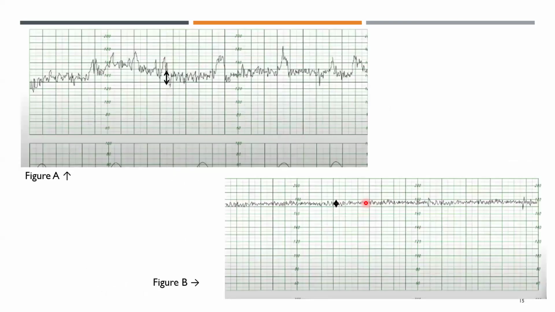These are another two graphs to show what the difference looks like. If you can see in figure A, we can clearly see there's quite a lot of variability throughout the graph. Even if you look at the arrow where I've drawn the arrow, we have more than 25 beats per minute of variability. And if you look at the graph at the bottom, the arrow is literally so compressed. There's little to no variability. It's almost absent. So this is just a graph to help you differentiate between marked variability and absent variability.